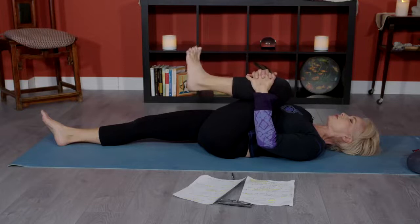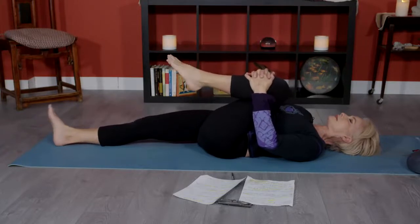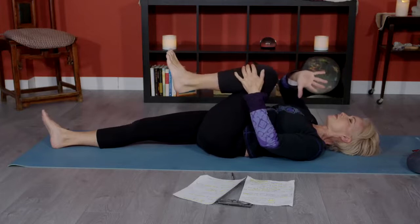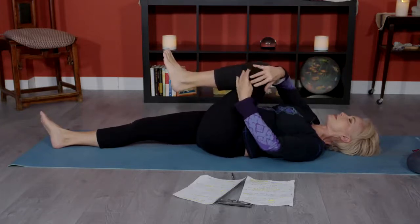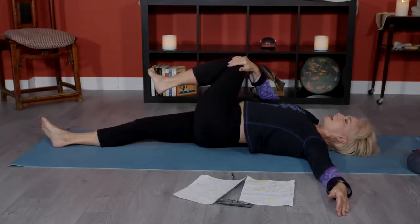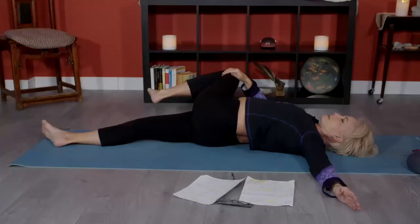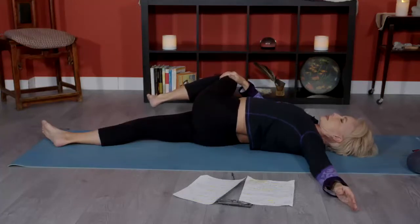Make sure you go in both directions. There are 33 joints in each foot for a total of 66 joints in the ankle and the foot. So this is, again, important to mobilize these. You lubricate them. Now, place your right hand on the outside of your left knee. Extend your left arm out to the left side, shoulder height, as you slowly draw the left knee across the body, rolling over onto your right hip, exerting whatever amount of pressure